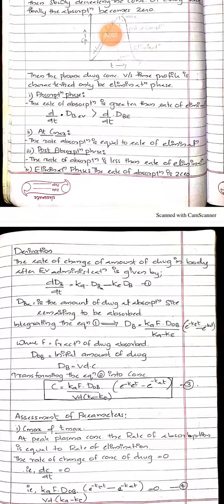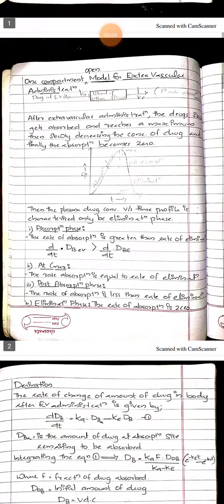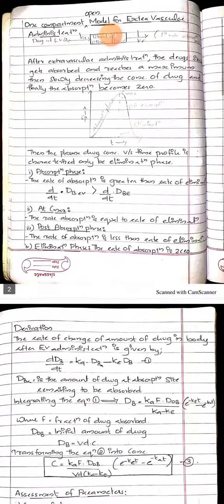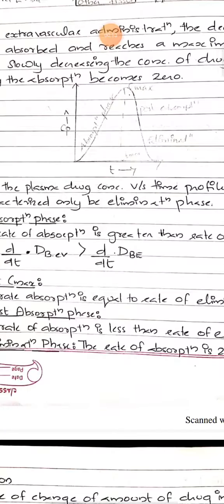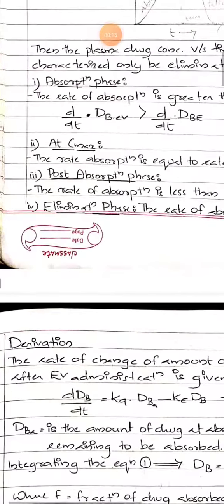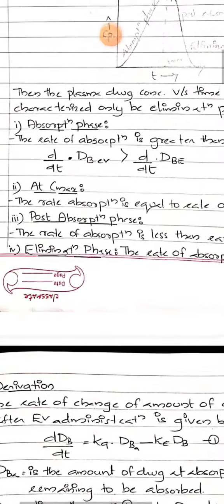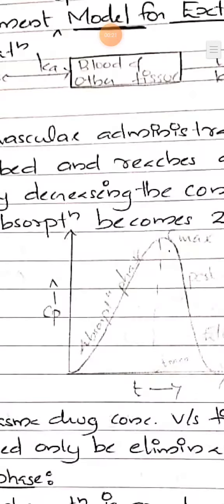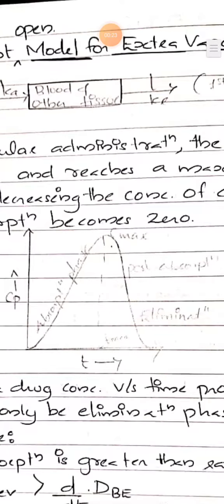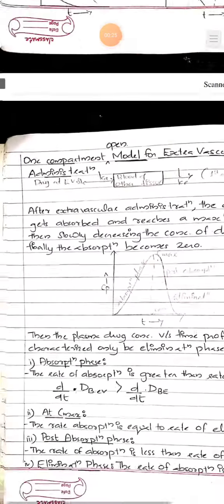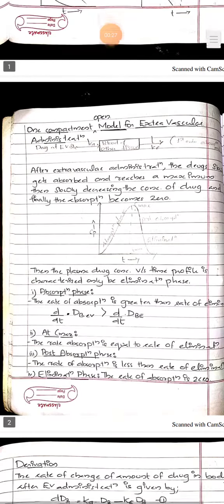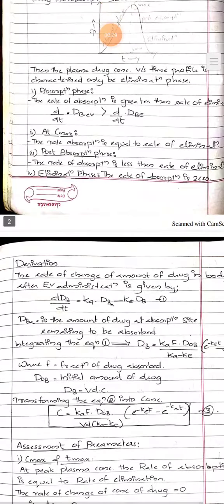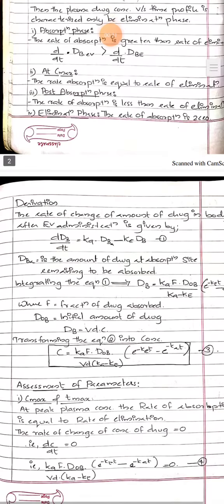So last time we discussed the extravascular administration of the drug following the one compartment model. We have seen the model, then this graph, and all the phases: the first absorption phase, then the Cmax, then the post absorption phase, then the elimination phase. All four phases we have explained, and finally after derivation we got an equation,